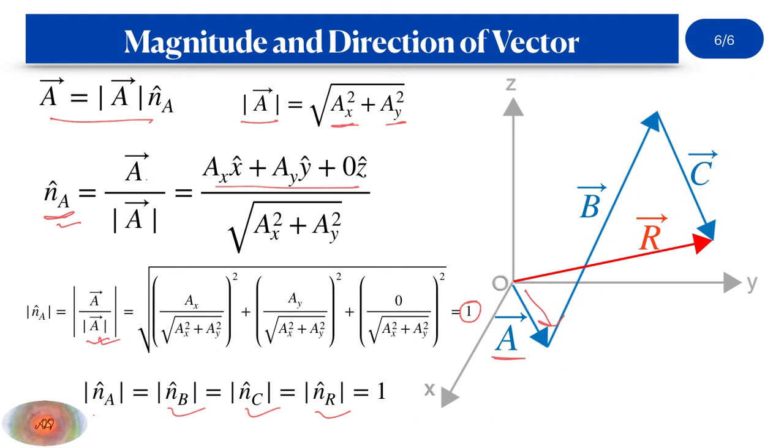Whereas the individual components of a unit vector again represent the direction of the unit vector separately along the x-axis, along the y-axis, and along the z-axis. But combining all of its components, when a unit vector is formed, that unit vector solely defines the direction of the original vector itself.